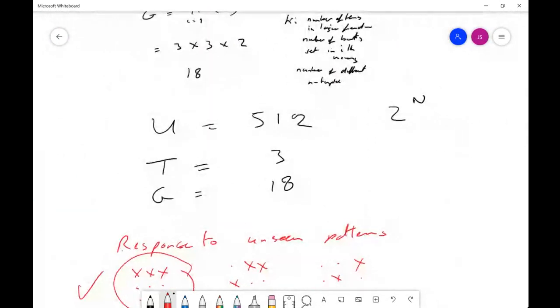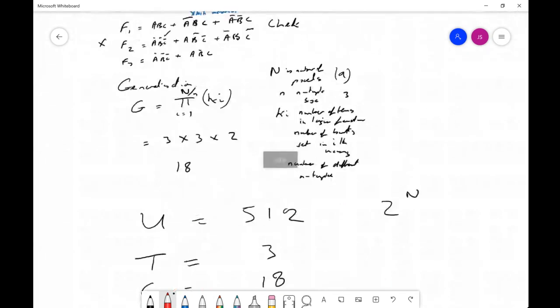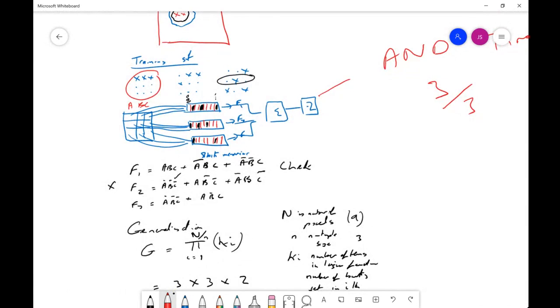So we've got 18 patterns, of which the 3 training patterns are 1, and this one is another one. There's another 14 which the net will respond to. So that's the learning behavior. It's extending to patterns other than the ones it's being trained on. And it does have this beauty, this absolute superb property, that as you train this system, you do not lose the response of earlier. So it's a single pass training.